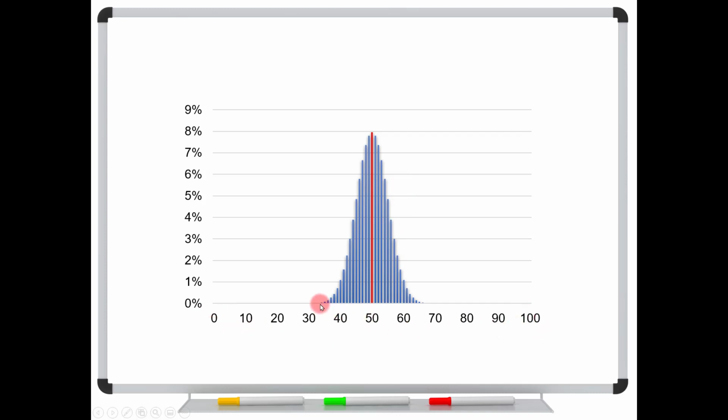And so if we were to plot all of the possibilities in actual experiments, this is what we would get. Notice that the bell curve is now getting taller and skinnier, and right there in the center, that little red bar is your best guess at 50, but it only happens about 8% of the time. And that means you're going to be wrong 92% of the time. It's probably just the opposite of what most people think. They would think, oh, I'm going to be right 92% of the time. Very low chance of being wrong, and it's just the opposite.